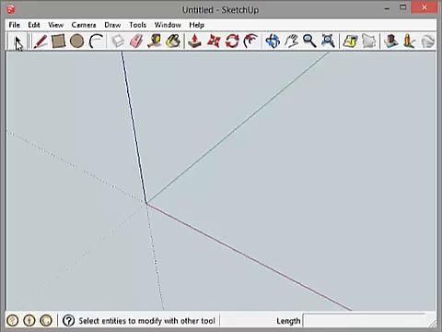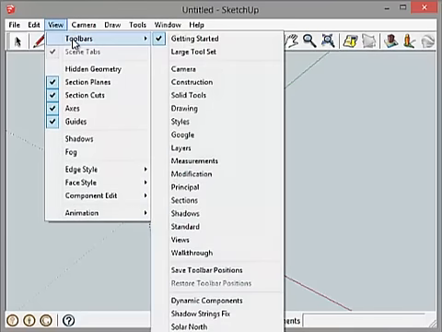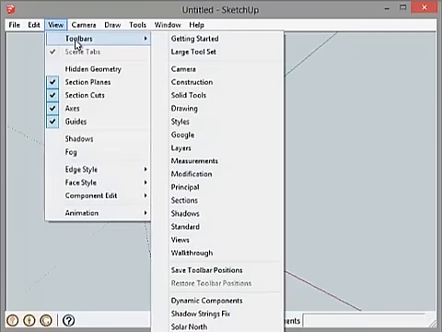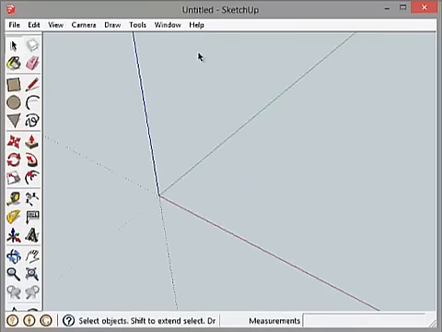I'm going to choose the Select tool here. The first thing I do is get rid of the toolbar that it sets up when it opens up. So I will go to the View menu, Toolbars, unclick Getting Started, go back to the toolbar menu and click the Large Tool Set. Now I like to put them down here